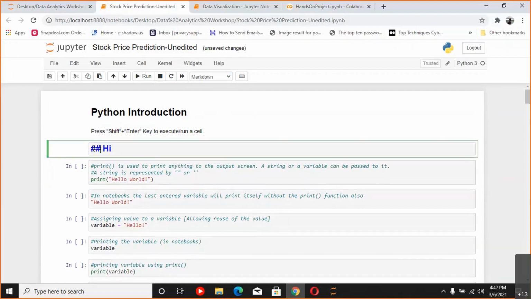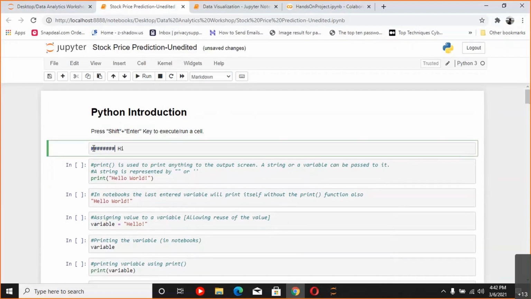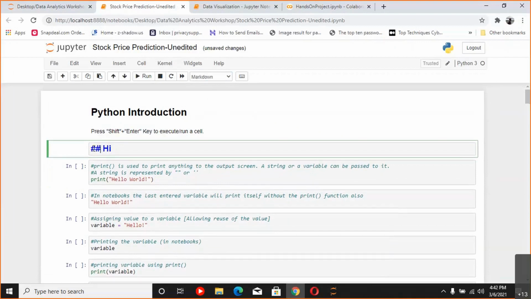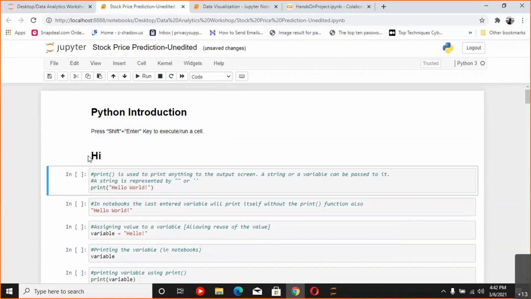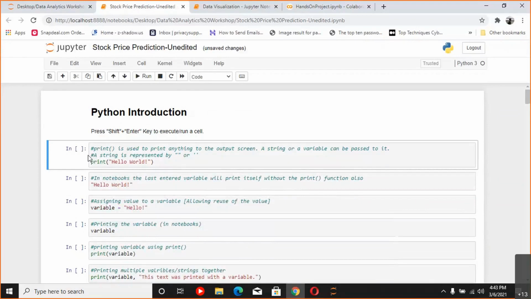And the number of hashtags will decide the size of this heading. So this goes from H1 to H6. And anyone having the knowledge of HTML, this is just some basic HTML syntax going on here. You can even type this thing and run it, and this will perform the same thing that it does in HTML. So this was all about the text boxes.